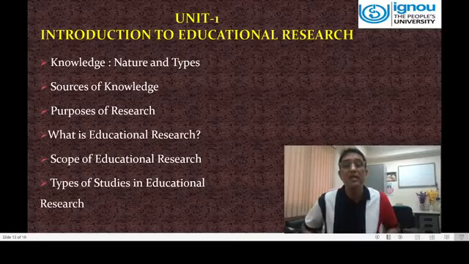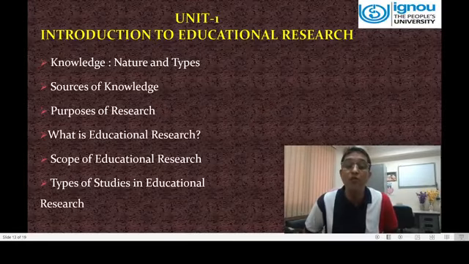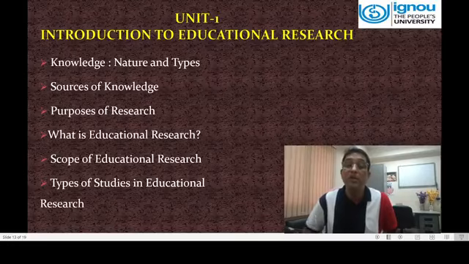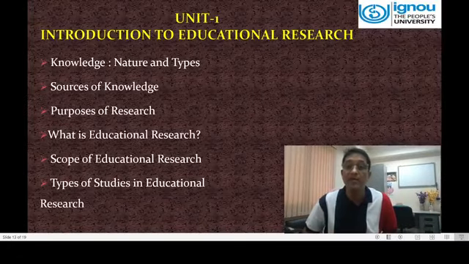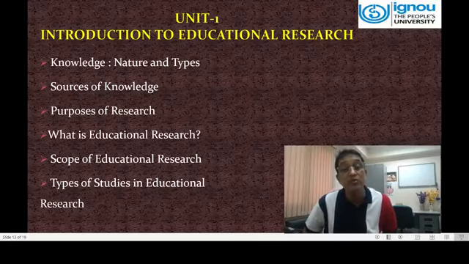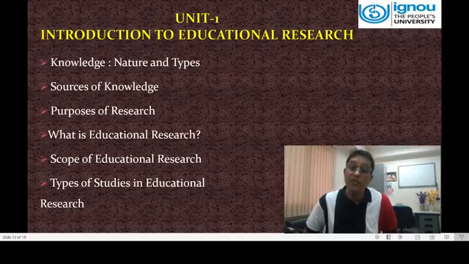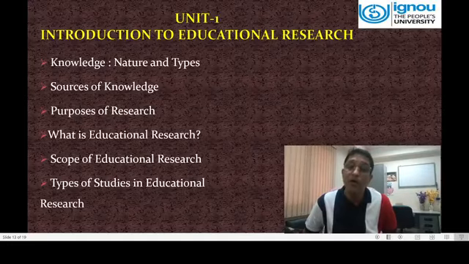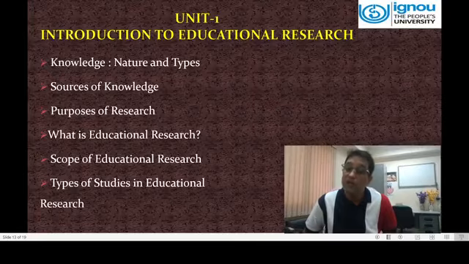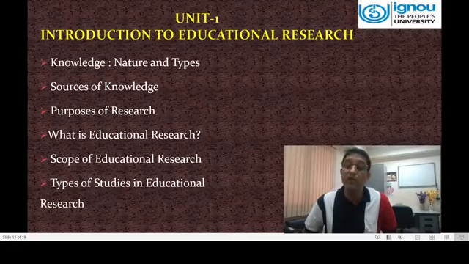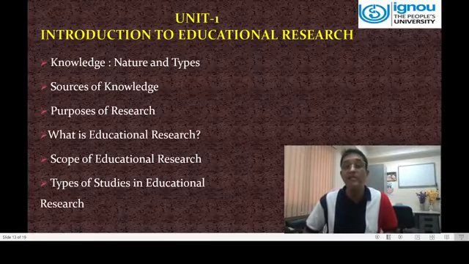And you can also conduct a correlational study if more than 2 variables are included in your study. If you want to know the correlation, the relationship or association between 2 variables, let us say achievement with intelligence, achievement with self-concept, achievement with aptitude, intelligence with aptitude, intelligence with achievement. So friends, all such things you can do in a correlational study. You can take 2 variables, select a group of learners, conduct the test, get the scores, and compare them. You can correlate them by using the correlation statistical technique.